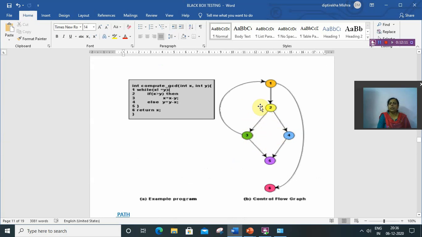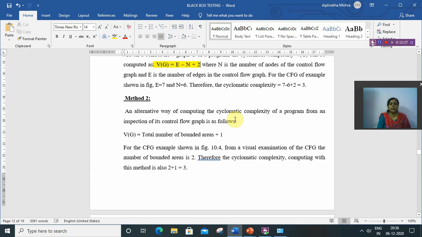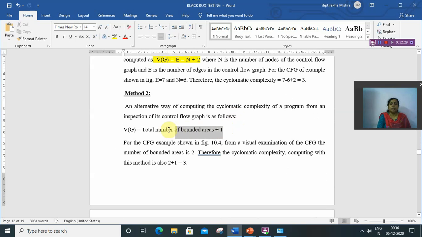So 2 bounded areas plus 1 gives 3. So there are 3 linearly independent paths: this is the first one, this is the second one, and this is the third one. Method 2 is very easy, and the formula is the total number of bounded areas plus 1.